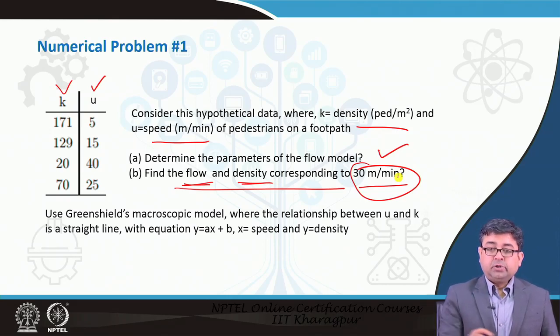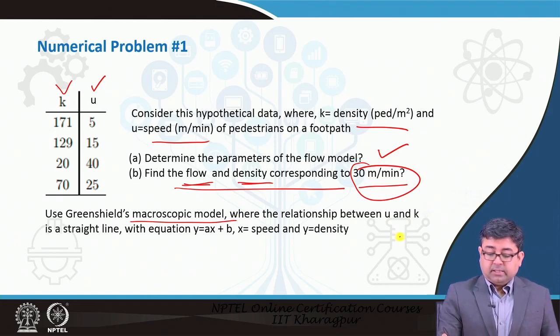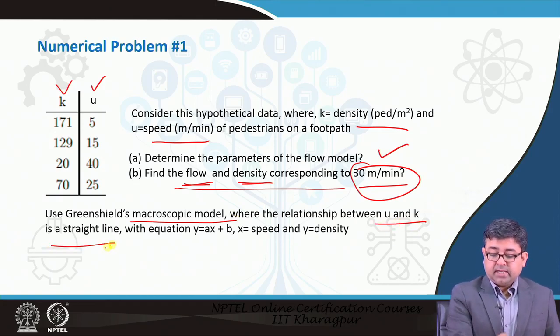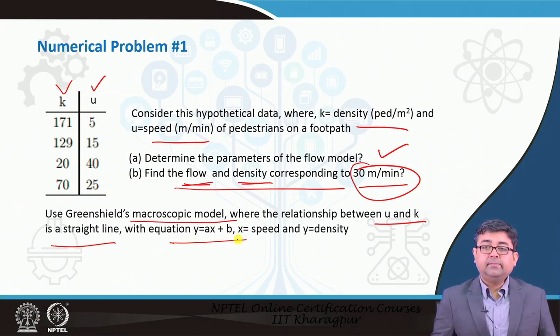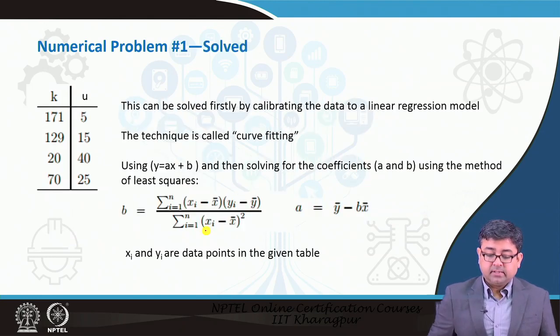Okay. So, in the Green-Shields macroscopic model, the relationship between u and k is a straight line and it resembles a very basic linear regression form, y is equal to ax plus b, where x is speed and y is density. So, this equation,